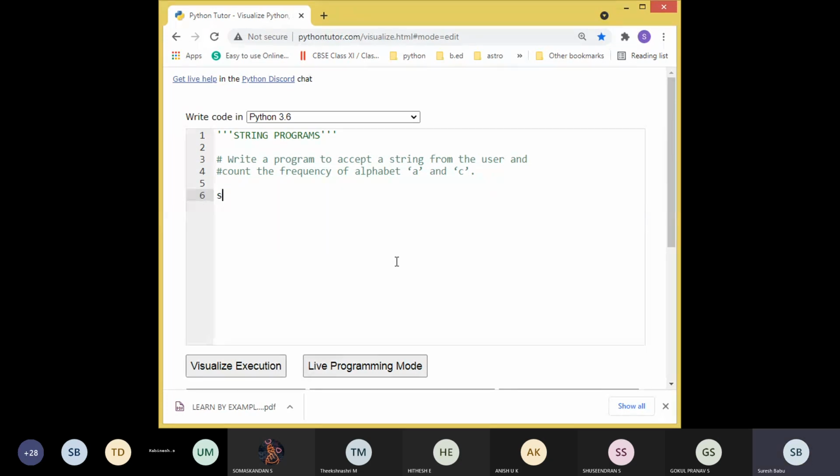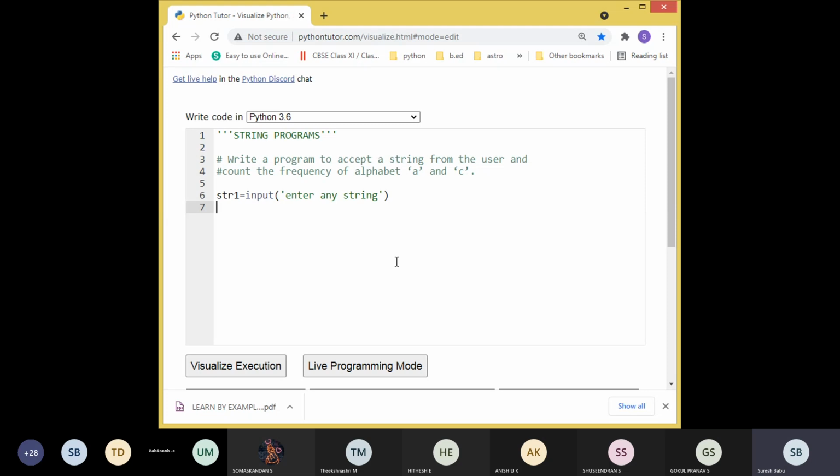First step, as usual, we are going to get the input from the user by using the input function, enter any string. Any string you can give as an input. Next, in the previous program we counted the number of digits, so we used a d variable initialized with 0. But here we are going to count two things, one is a, another one is c.